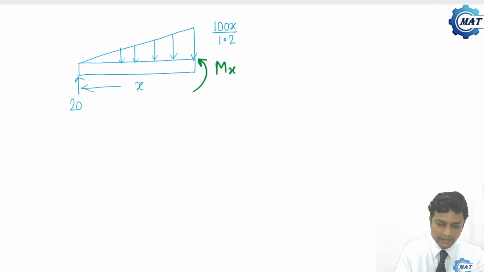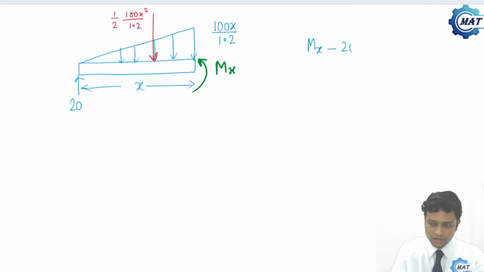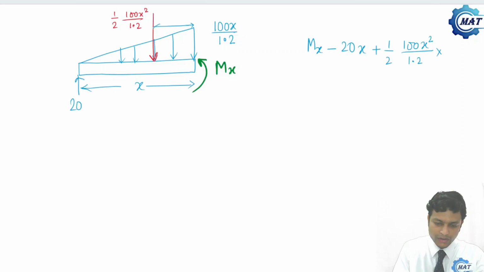If this is x, then the resultant load will act somewhere here, and that is half into 100x by 1.2 into x, that is x square. So Mx minus 20x plus half 100 x square by 1.2 into this distance, which will be 1/3 into x,